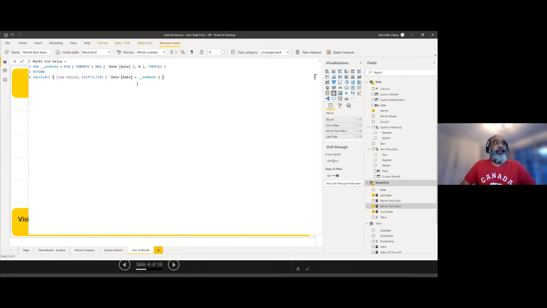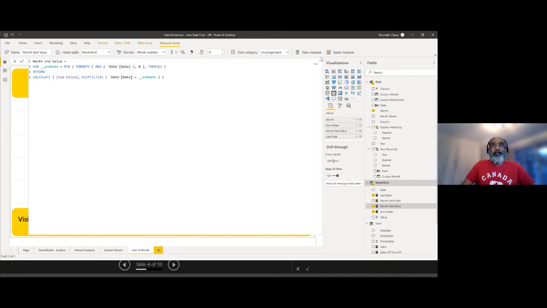Awesome. Yeah, perfect. So I'm going to quickly talk about how we solved it. What I did here is, again, I like to use variables because sometimes I don't know what I'm doing. So with the variables, I store the values in a variable, and I can actually debug it, return the value from my variables and see how this works. In this case, again, pretty simple. I want to know the end of month, because what we want to do is take the max date on the end of month of the current